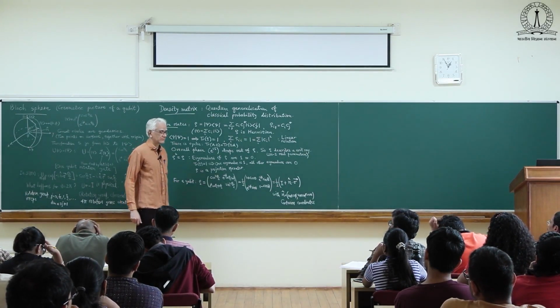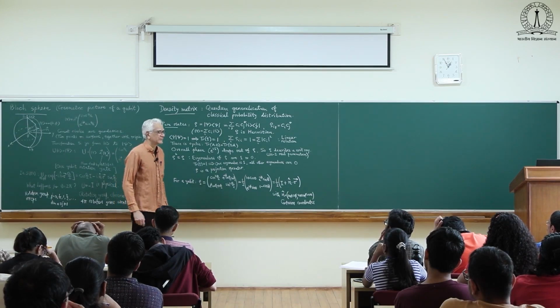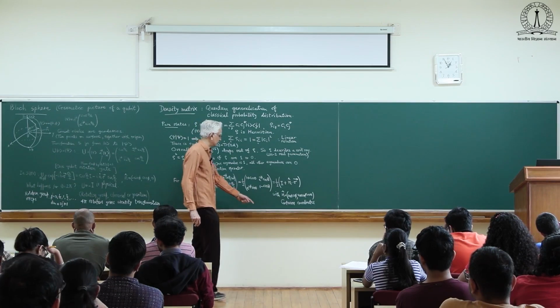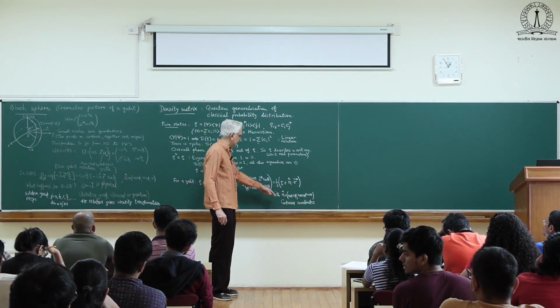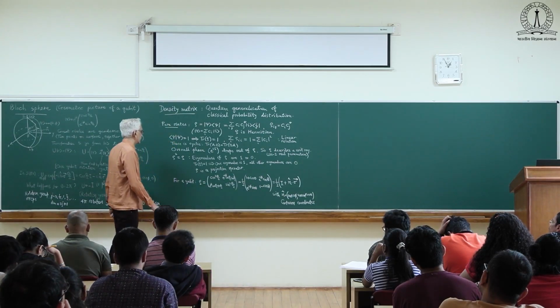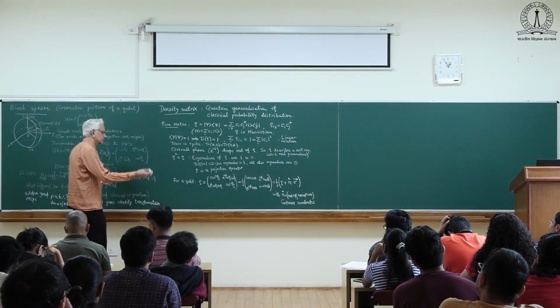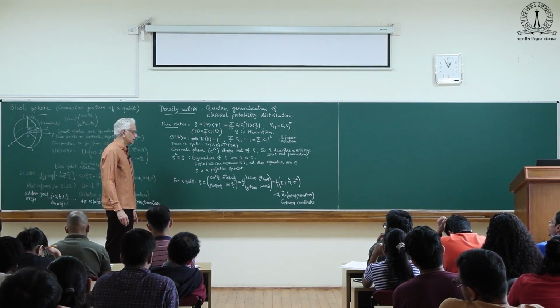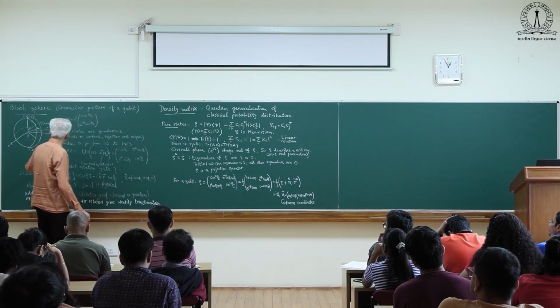Okay, so it's simpler. And of course, it is very useful once you get to this language. You can ask what will happen under all these transformations, rotations, etc. It's again simple because